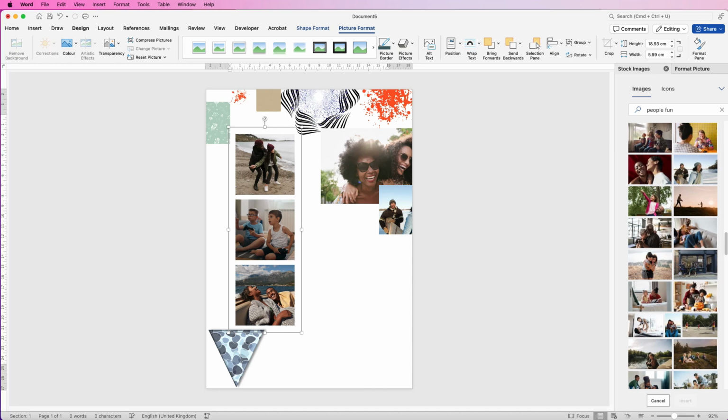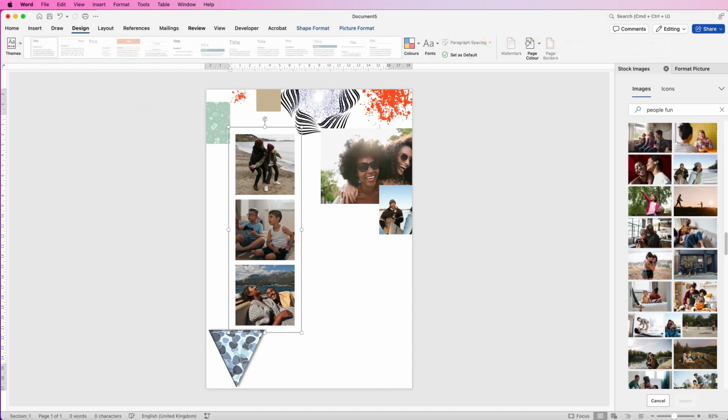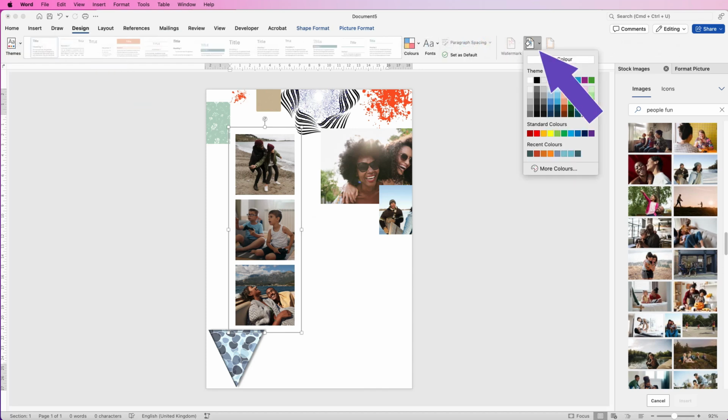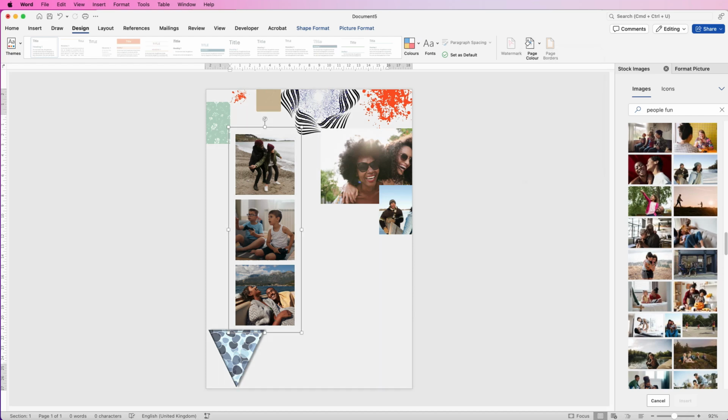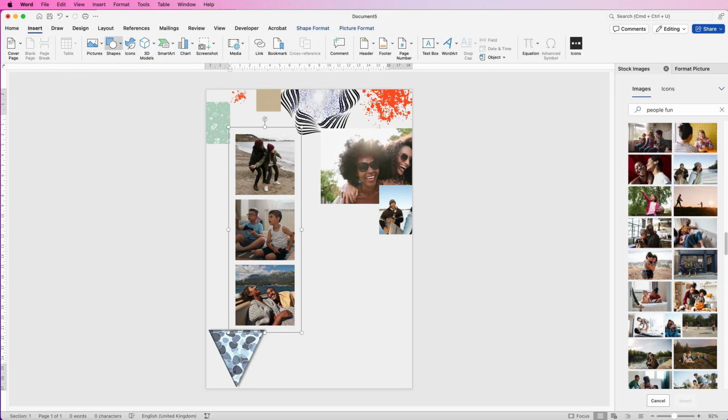Now I'm quickly going to go to Design, and I'm going to change our page color to a light grey, and that's just so I can see the white outlines of my images, but we can take that off at the end. So then I'm going to go to Insert, Shapes, click on the square,